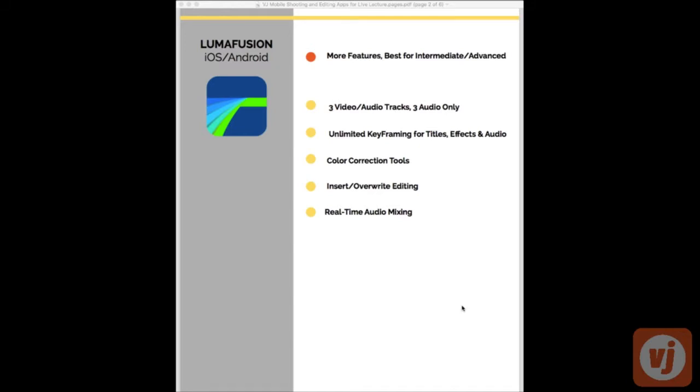Again, this has a lot more features, and it's really good for someone who's a little bit more comfortable with some of the more intermediate and advanced features like keyframing, which this one has as well. 3 video audio tracks and 3 audio only tracks, unlimited keyframing for titles, effects, and audio, color correction tools. This is one I haven't seen on any of the others, and you can actually choose between an insert and